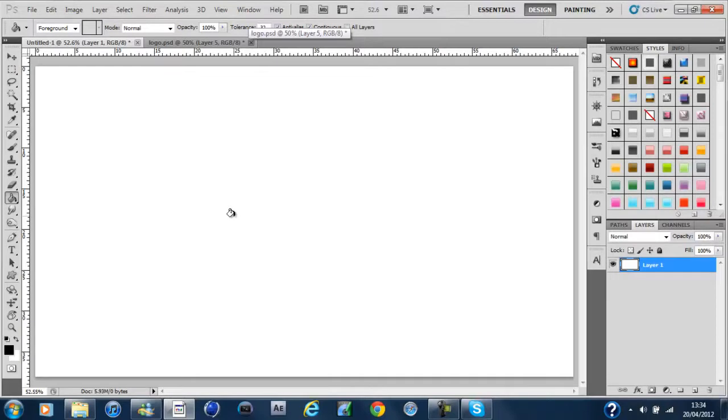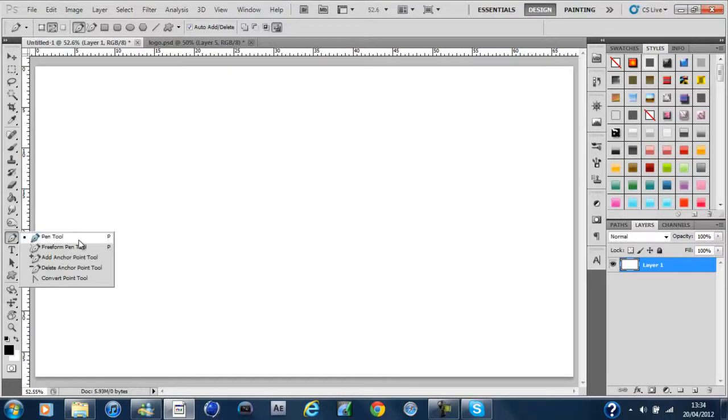So what you need to do is press P, the shortcut for the pen tool. Make sure that it's on the pen tool, not the freeform pen tool or anything like that. It is the second one in at the top, the one with the actual pen tool shape and the three square blocks. It's just on the pen tool, and that is about all you need to know. So let's create a new layer,